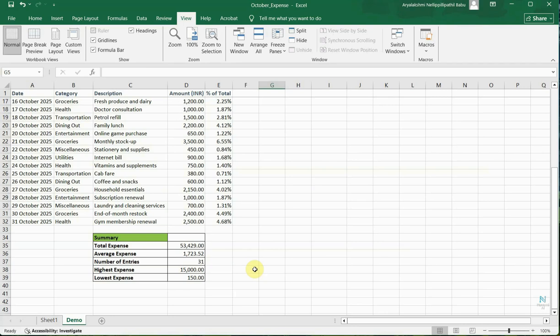I encourage you to extend this project by adding more rows of data and experimenting to uncover additional